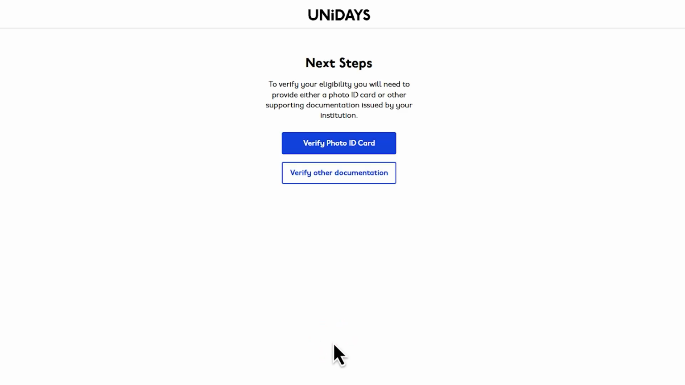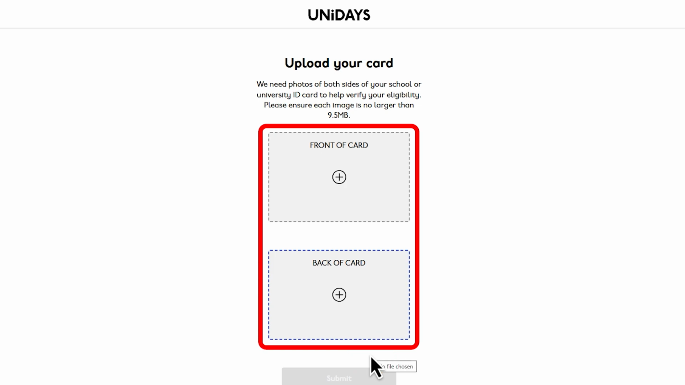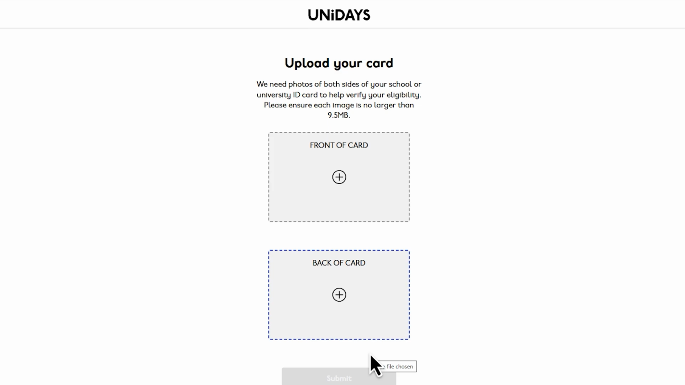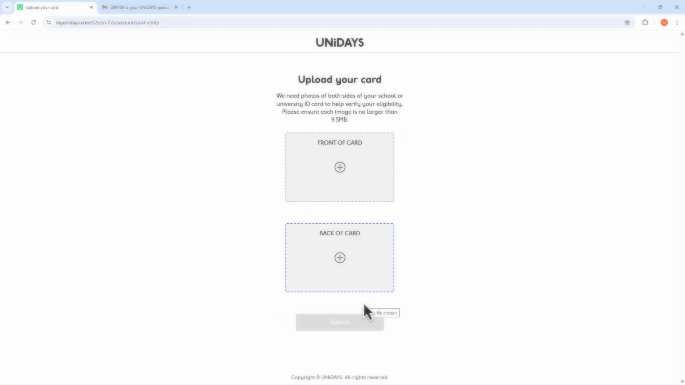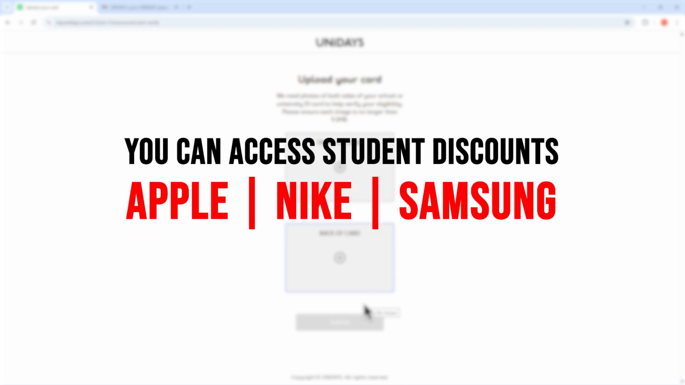Here, you can choose to verify with a photo ID card or other documentation. If you select Photo ID, upload the front and back of your student card. Once it's uploaded and reviewed, your UNiDAYS student ID will be successfully verified. After verification, you can access tons of student discounts from brands like Apple, Nike, and Samsung directly from your UNiDAYS